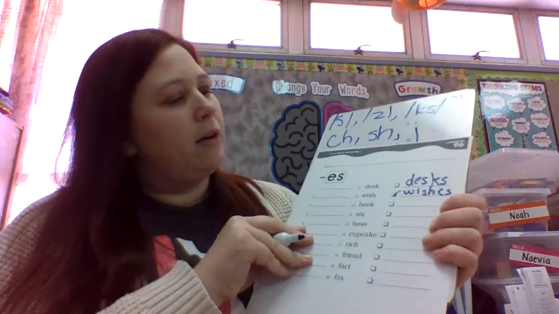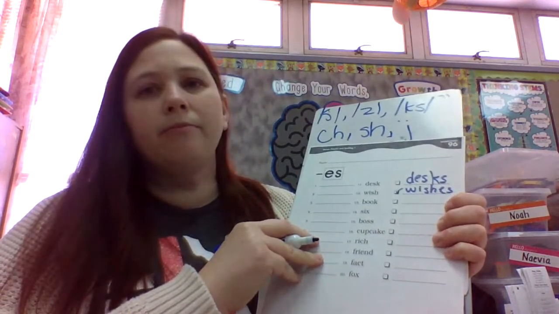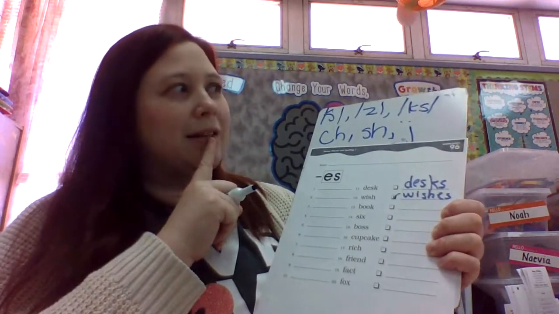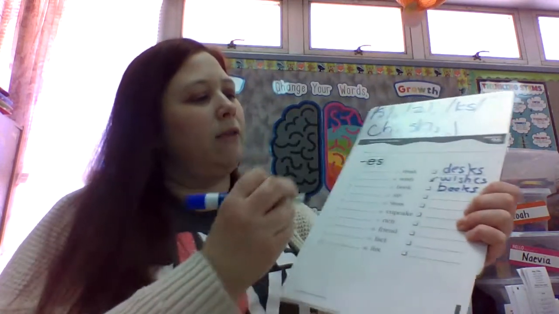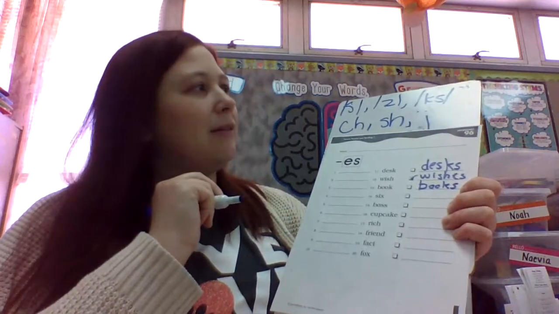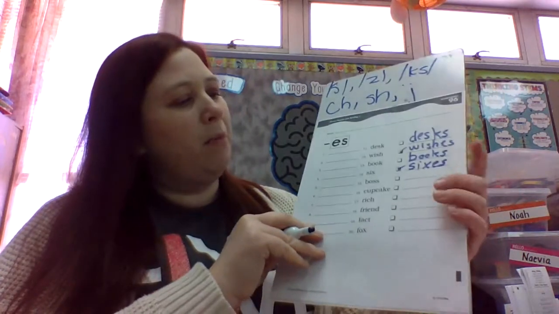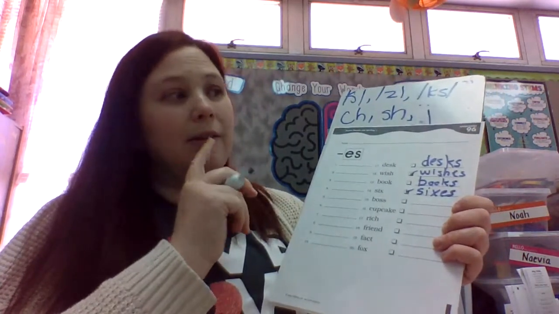Okay. Number 13, book. K-k. No. It's only if it's the X sound, the KS sound. So we're not going to make a mark, and we're just going to spell book and add an S to the end. What about 6? X, x, x, x. It has that X sound. So we are going to check it, and we're going to spell it with an ES suffix. All right. What about boss? It has that S sound at the end, so we're going to give it a check mark, and we're going to spell